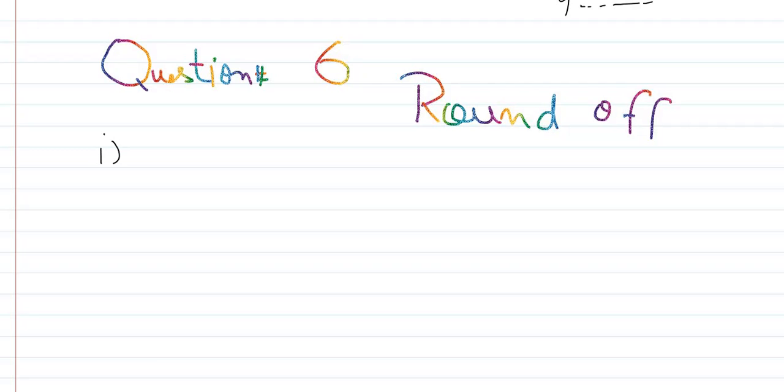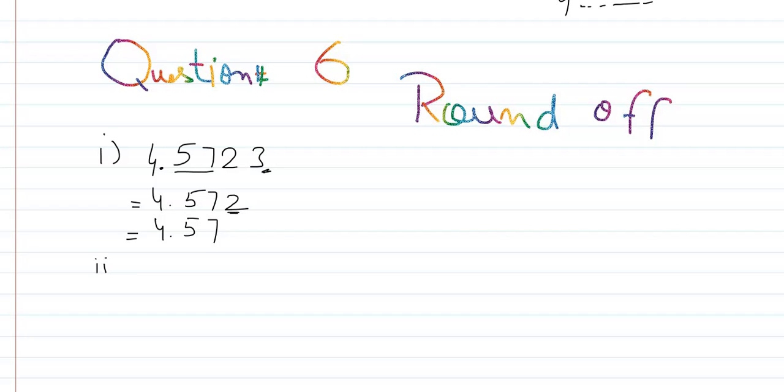Part number 1 is 4.5. We have to round off till 2 decimal places. 4.5723. We have to round off till two decimal places, till 57. 4.57. First of all, we remove 3. 3 is less than 5, that's why we do not change 2, we write it as it is. Then 4.57, 2 is smaller than 5, so we do not add 1 in 7.